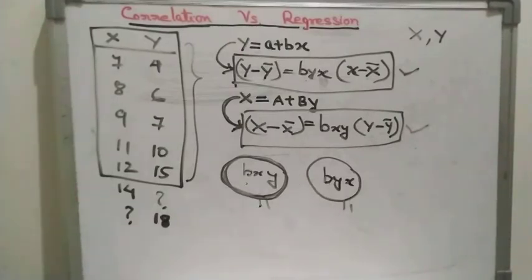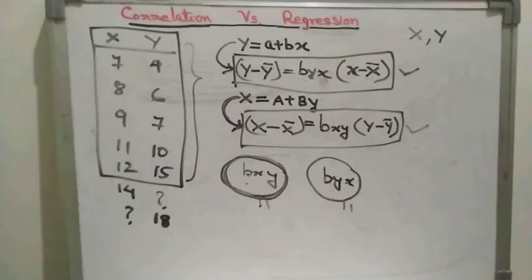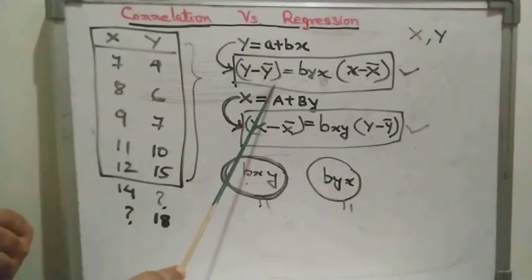This is the basic difference between correlation and regression. In correlation we can only find the relationship between the two variables, but in regression we can estimate or predict the value of one variable for a given value of the other variable. For that we first need to find a mathematical relationship between the two variables. So we get two regression equations, which show the mathematical relationship between the two variables, and this gives us the best estimation of the y value.